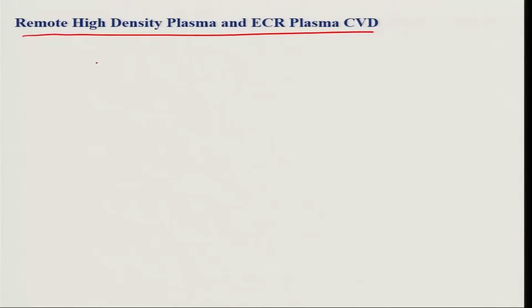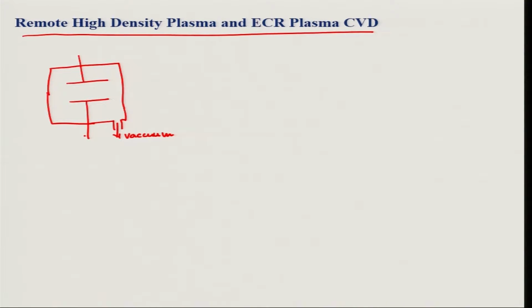Now suppose, schematically, in a reaction chamber under vacuum, I have a parallel plate electrode configuration, it could be either DC or AC, and I create my plasma somewhere here. And my substrate is kept on one of the electrodes. This is my substrate. So I have a parallel plate configuration for either DC or AC plasma,